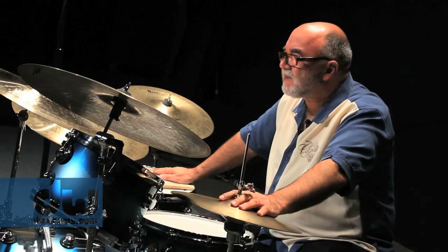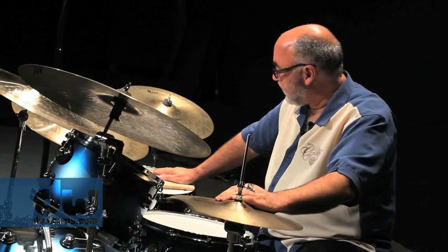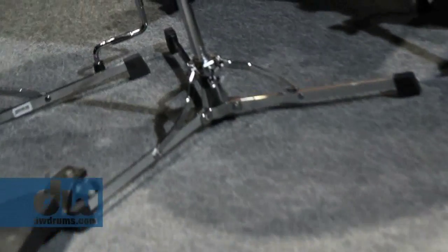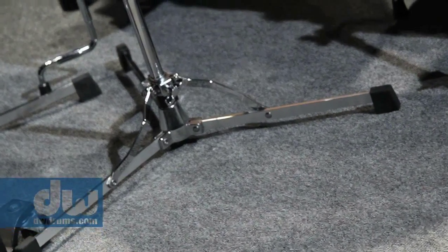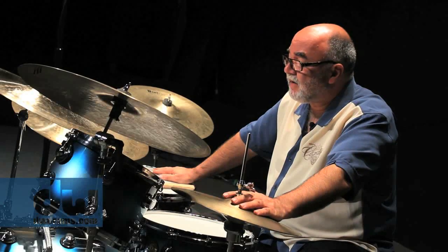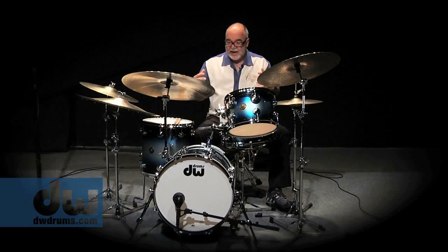The cymbals didn't sound as good to me as they do on the flush bass stands, the 6000 series hardware. It's lightweight. Hey, you know, I've had my picture on the cover of Modern Drummer plenty of times. I carry my drums to the gig, just like everybody else. And I load them in my Prius, and I don't like to lift up a hardware bag that's too heavy. And I like that I can set everything very close, and for all the benefits of the stands being lightweight,